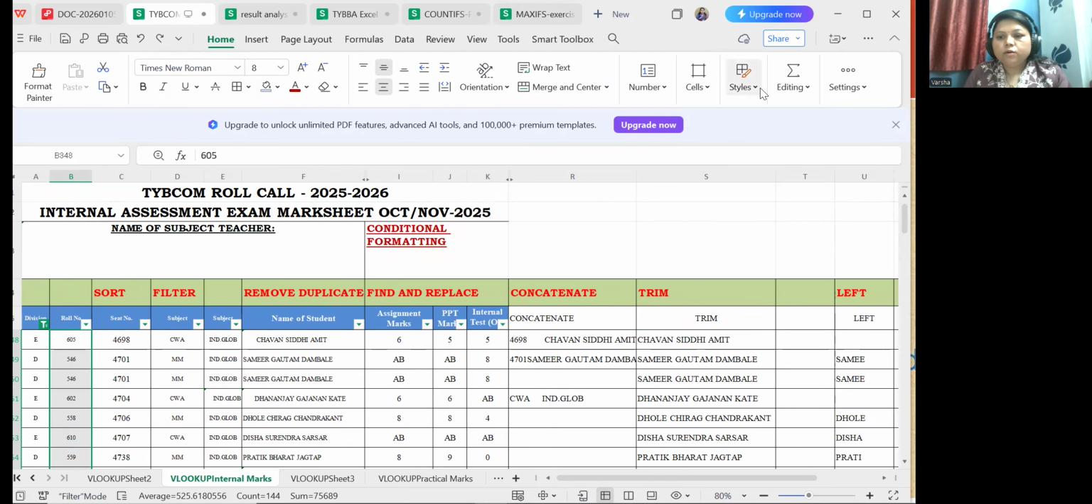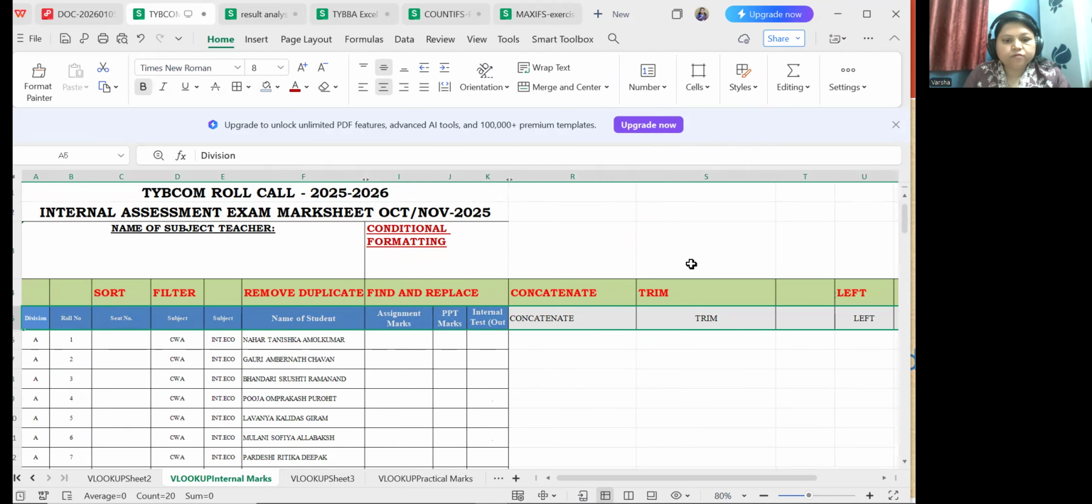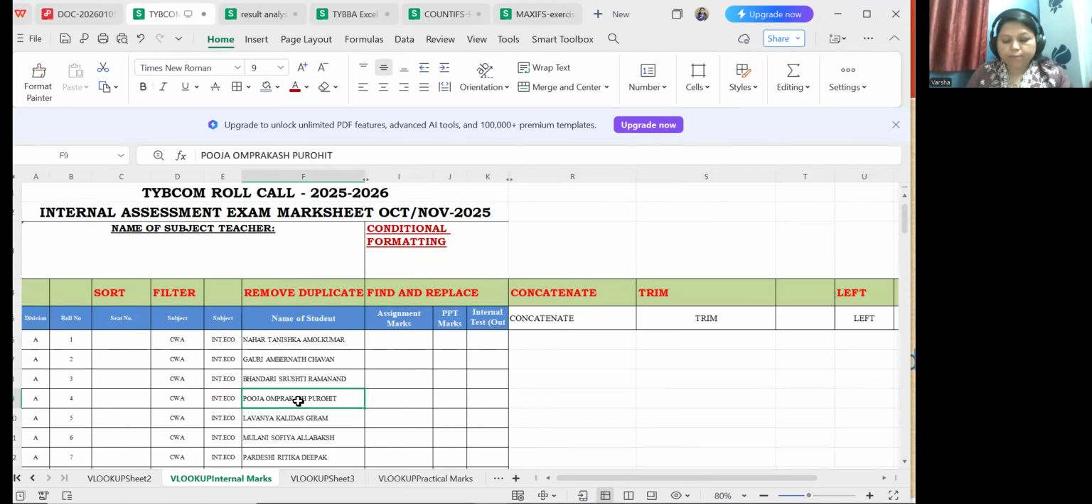Now next function is filter. So here suppose, for all headings we have to apply the filter first. So go to editing and apply filter. So for applying filter,